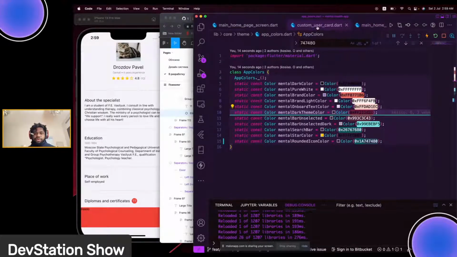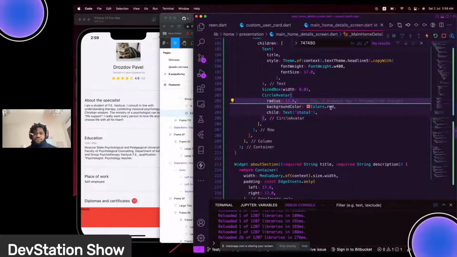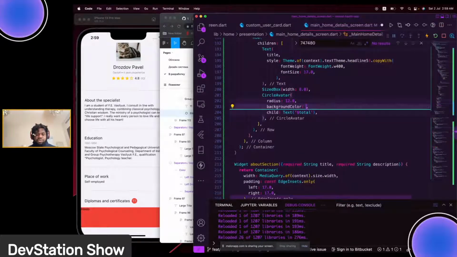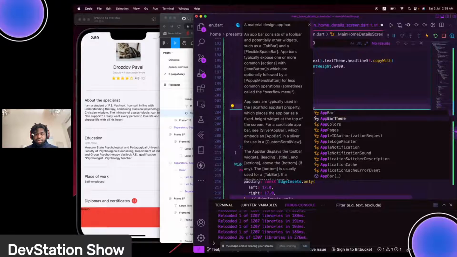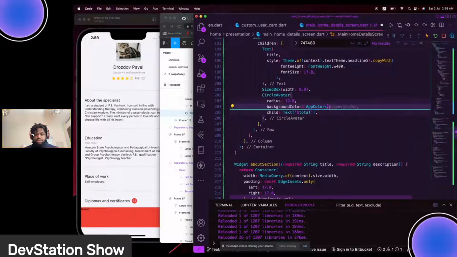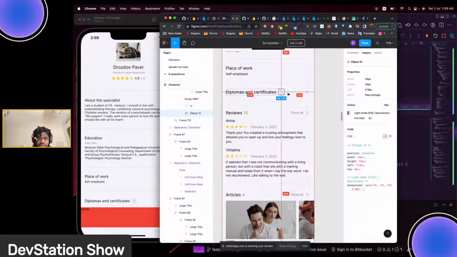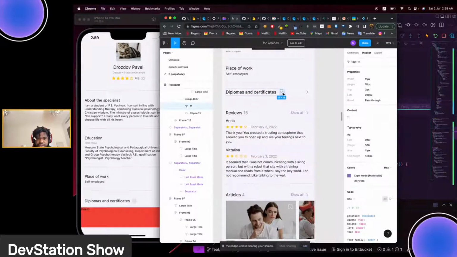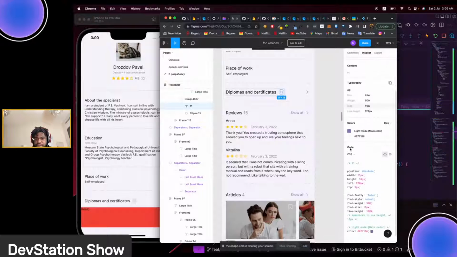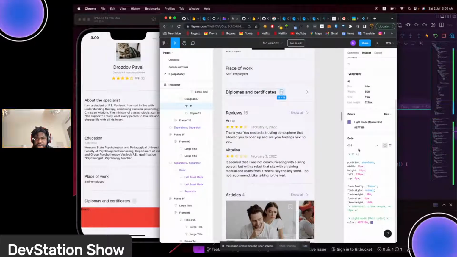And we come over here and we can tap into our app colors dot this, save this, and here we have it. So it's looking nice, basically what we need. And then it's to change the text. Tap into the text, and the text will be